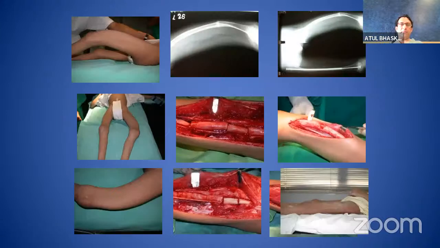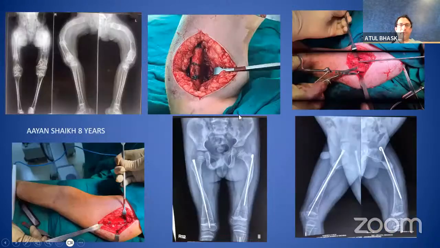Open surgeries were done a lot in the past. This was one of my earlier cases where the child had a severe deformity, and we had actually done a classical Sofield-Miller procedure where we exposed the entire bone, removed the bone segments, and you can see there are almost 5 osteotomies, and he healed really very well. These children really heal well as long as the soft tissue envelope is maintained, and they throw very good callus. Similarly, this child who was 8 years of age, again, you can see that we marked the osteotomy intra-op, to make sure we have good control of the fragments. And this child initially had a rush nail done on one side, then we did a telescoping nail, and then this rush nail was again revised to a telescoping nail.